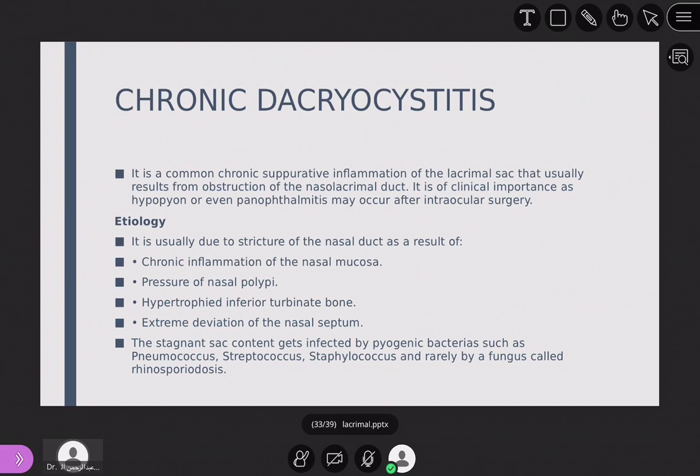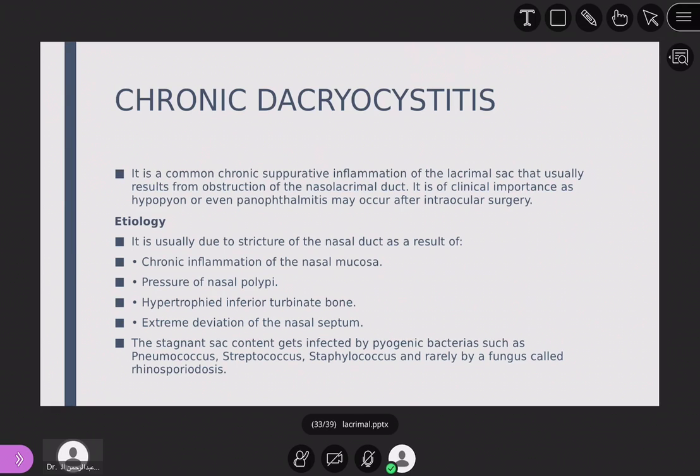which leads to tear stagnation. The tear will just stay there, and it will be good media for bacterial infection, because the tear will stay in the sac and will not be moved. So it is usually due to stricture of the nasal duct as a result of chronic inflammation